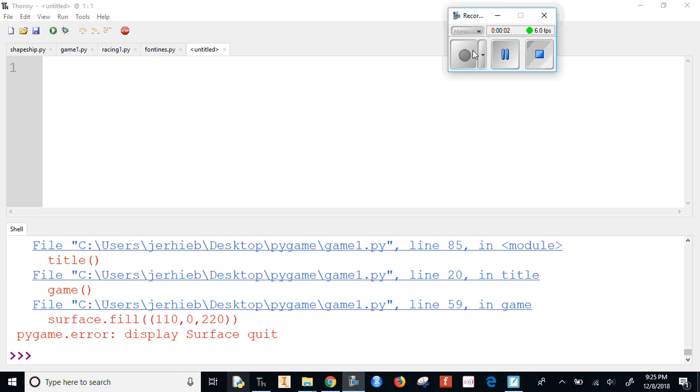Hello, we're going to start up a new game with the sprite we just created. So I'm going to start by importing pygame, pygame.init. That's how we start each game, and then now we need a surface. So we're going to say